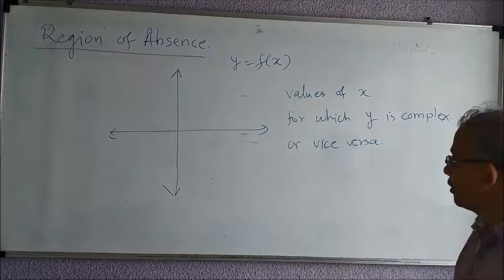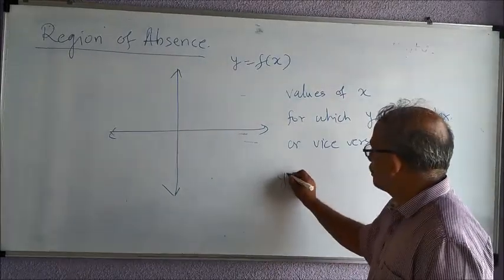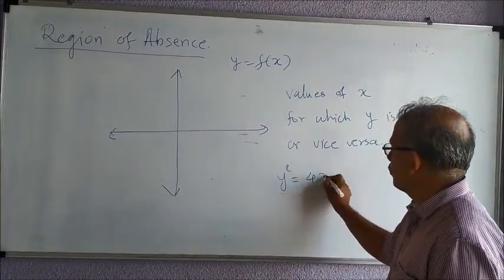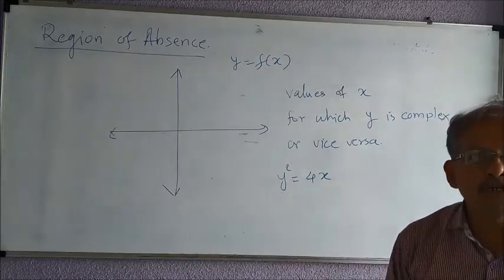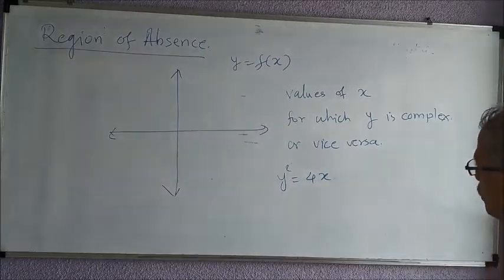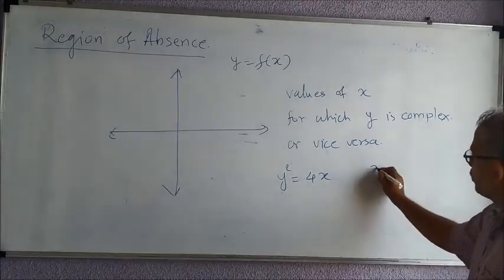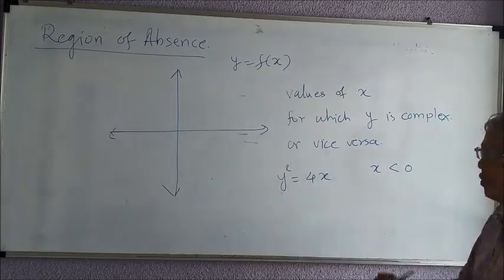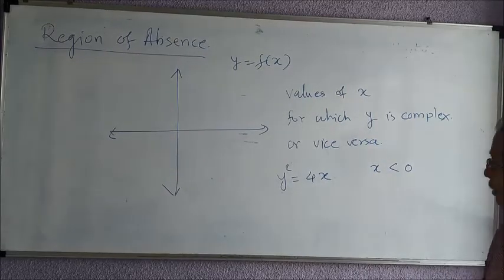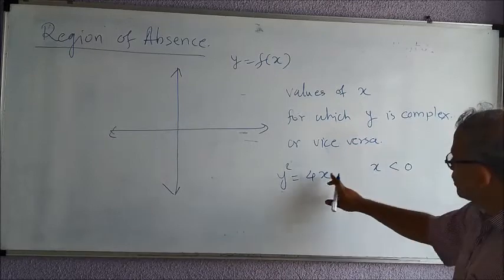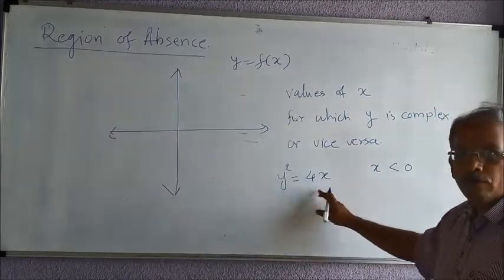I'll give you an example. Suppose you take y square is equal to 4x. Y square equal to 4x. Now see that if I take x to be less than 0, what will I have? If x is less than 0, this quantity is negative, and then